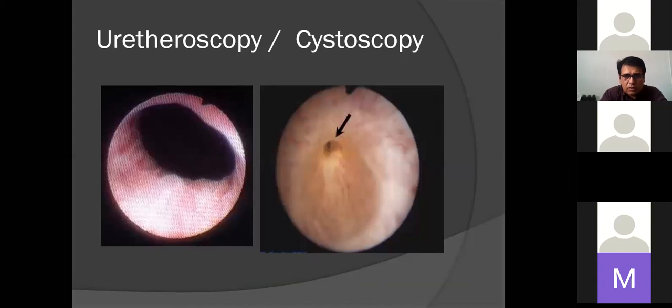So here we can diagnose with that, and the other one is cystoscopy or urethrotomy. You can see here this is a dilated urethra where there is no narrowing, but here you can see the whole urethra is compromised with the stricture, which leads to a very small, narrow opening in the urethra.